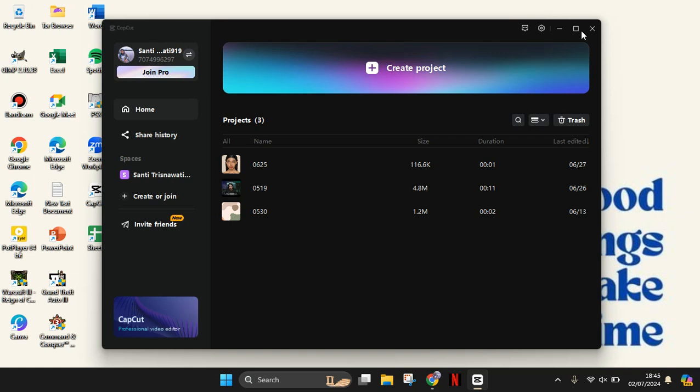Going to show you the newest steps in 24 how you can join the CapCut PC. You can start by opening your CapCut PC like this, and after that, don't forget to sign in to your account on PC. And after you sign in, under your username, there will be this option to join the CapCut Pro. So just click on that,